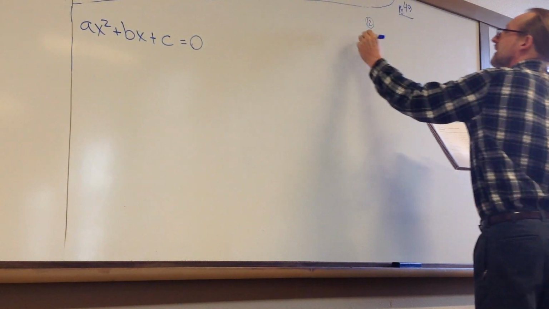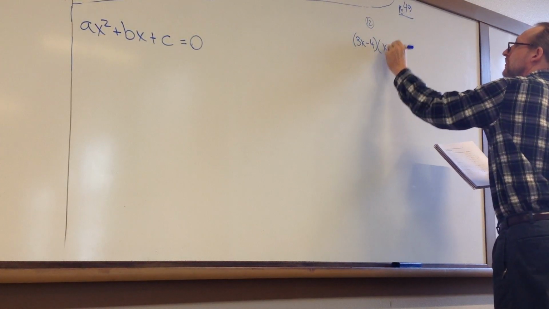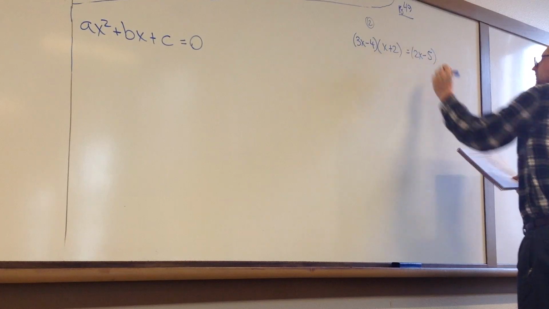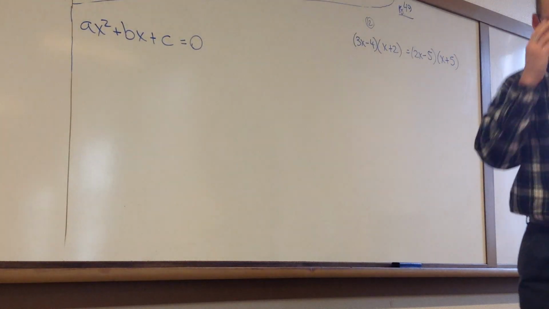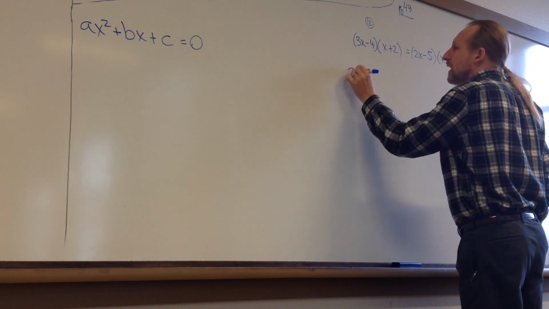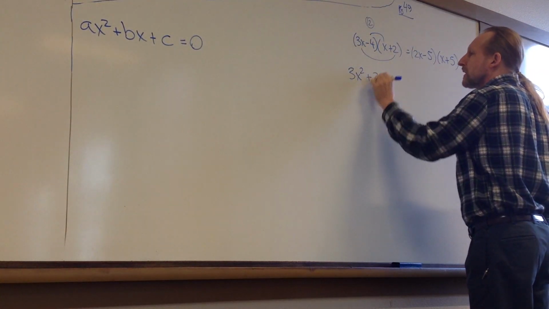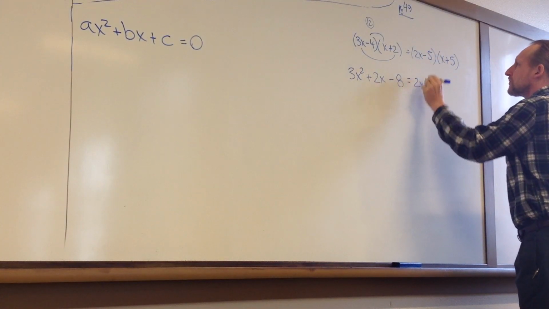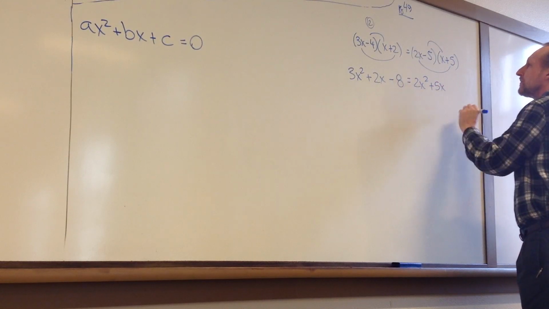We start out (3x - 4)(x + 2) = (2x - 5)(x + 5). Okay, so we need to multiply these out and then collect our like terms. So we'll start out with 3x², and then let's see, a positive 6x minus 4x, so that'll be positive 2x - 8. Over here, 2x², that'll be positive 10x minus 5x, so that'll leave us with positive 5x,